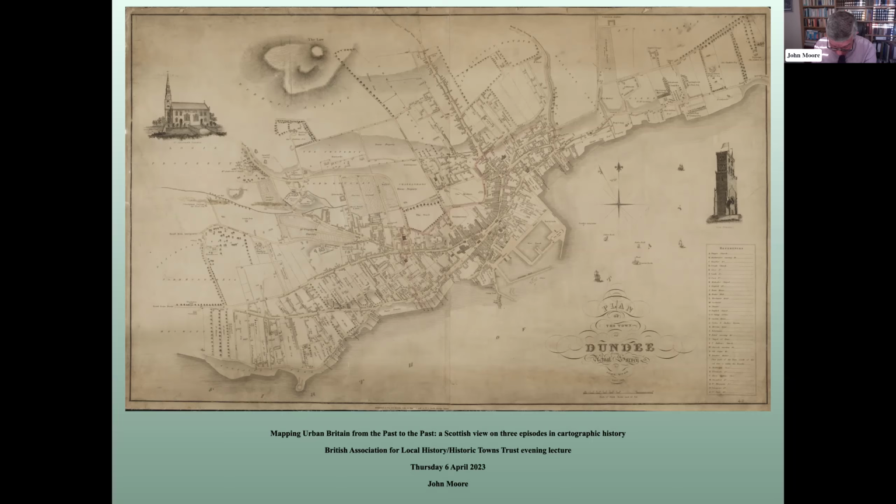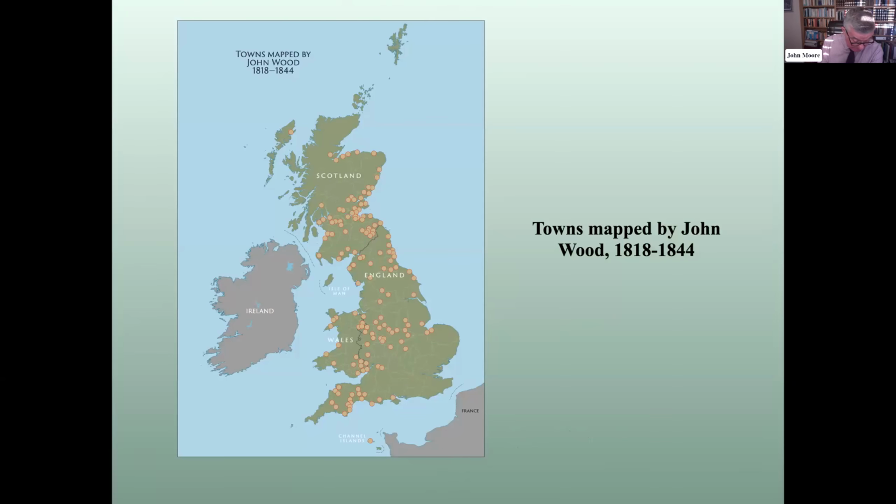But in contrast to his considerable output, we know relatively little about him as a surveyor, despite his plans being described as some of the most impressive maps of British towns. This map identifies the various towns throughout Britain that he is known to have mapped. And while not maybe immediately apparent, the number of his English and Welsh plans is considerably greater than those in Scotland, although, as you can see, more markedly concentrated in certain areas.